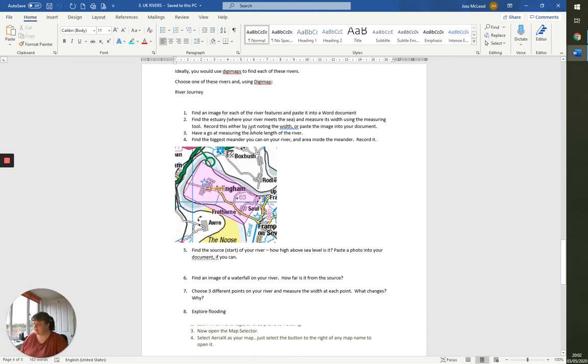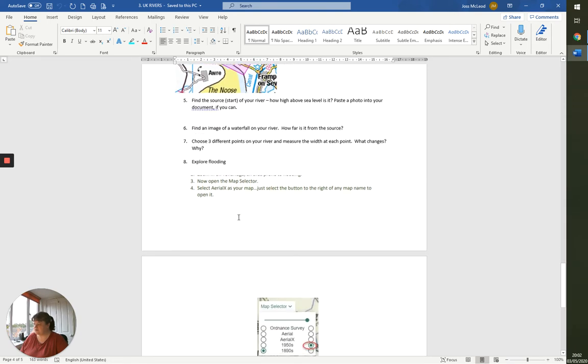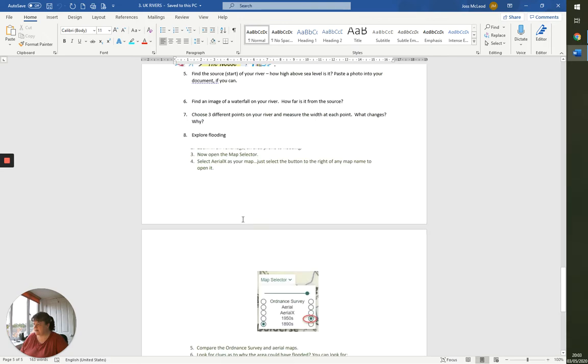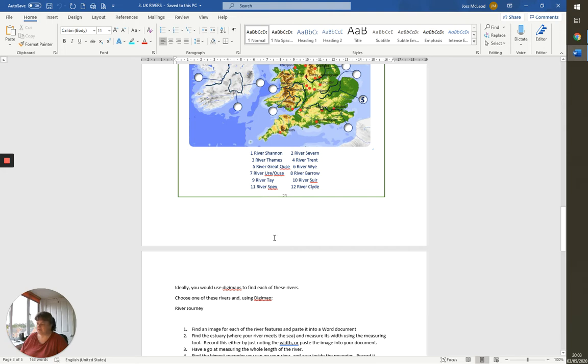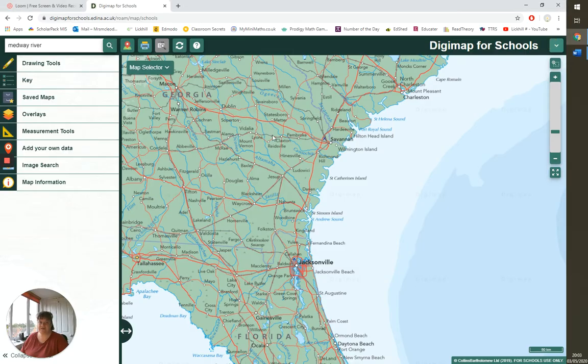You're then, down here, you've got 1 to 8 questions. And all of these questions are using Digimaps and looking at rivers. And it's things like, so this is probably like the 3rd or 4th day of you doing the project. So one of them is to find the source of a river. So for that second section, you've got to choose one of those rivers. Okay. So let's say I've chosen the Medway, and I'm going to find various features of the river along the way. So refresh the map